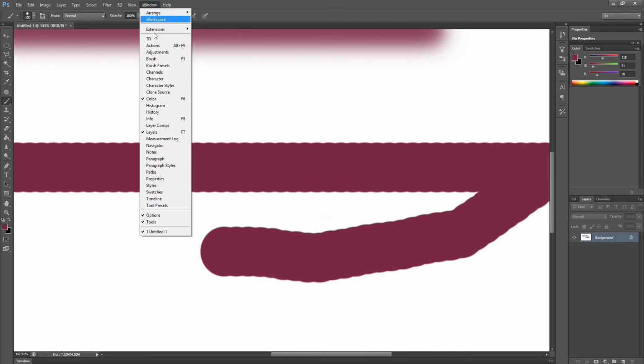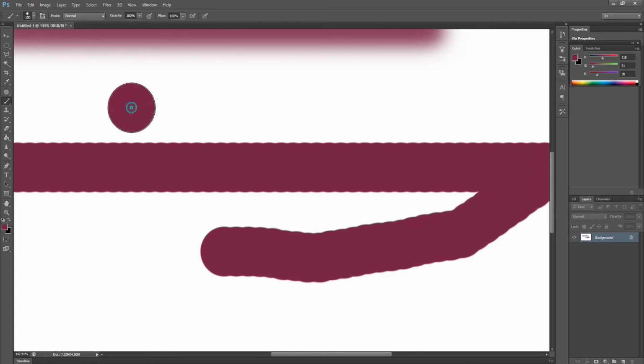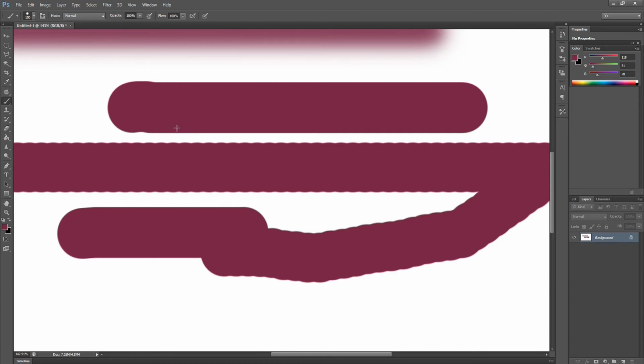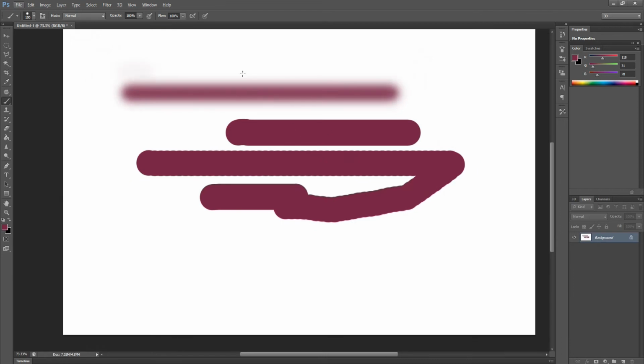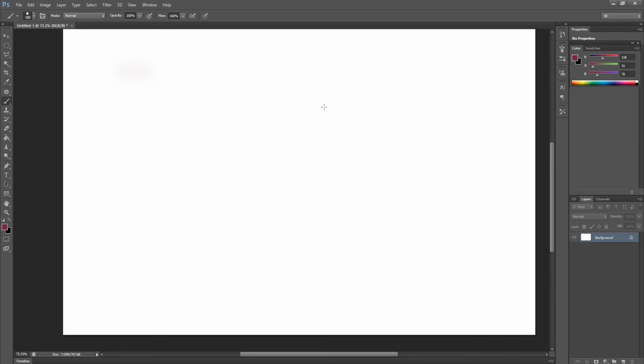Go to the Window menu, there is a brush option, open the brush option, shortcut key is F5. When we open the brush, here also we can see the brush. We can decrease the size of the spacing. When we decrease the spacing, then close. Again we can do the same thing. Now there are no ups and downs, it's totally straight. Let's see guys, there is a difference between the two, so we can change the settings also. So again Control Alt Z to clear our page, so we can use further tools.